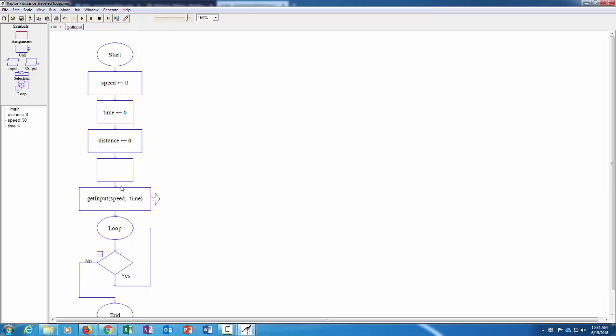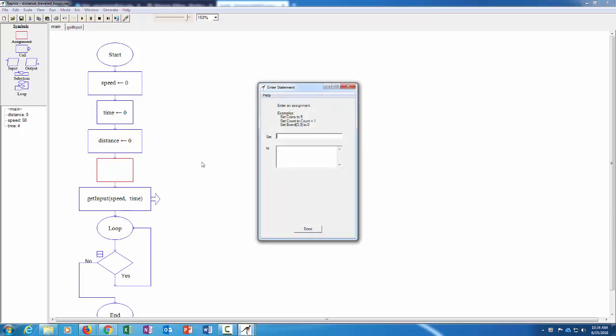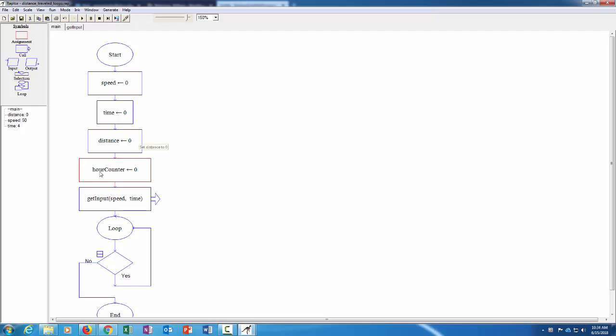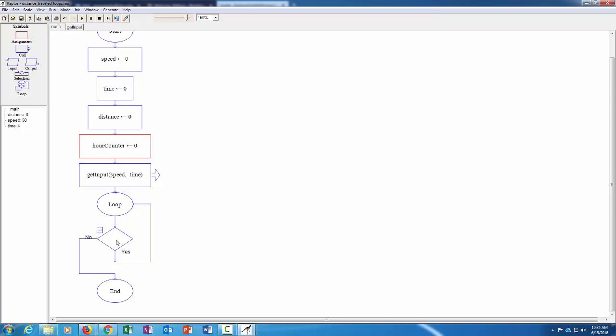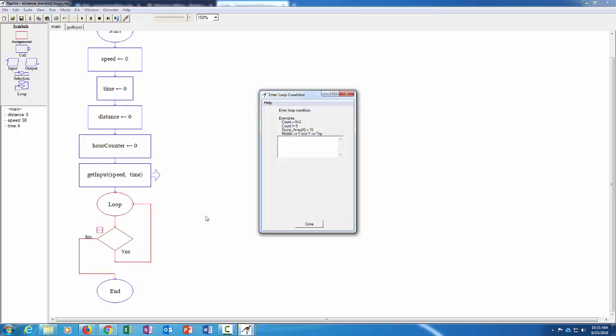I'm going to put it up here with the other variables, and I'll name it something like hour counter, and we'll set that to 0. Okay. Hour counter, and that's going to be our loop control variable. And so let's test on the loop test. As long as hour counter is less than the time,